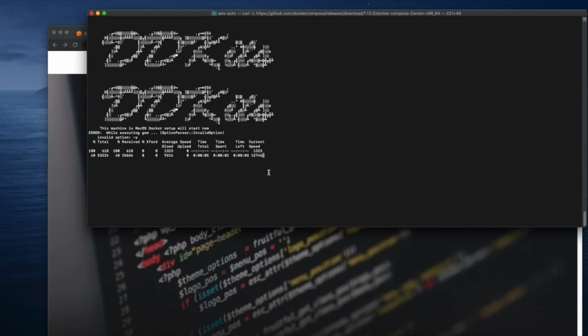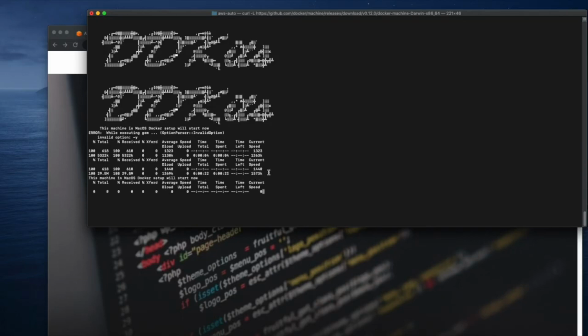Now it's checking for all the dependencies needed for Docker Machine and Docker Compose. It pulls them all and makes sure they're already installed with the same version that you have as Docker. And after we make sure of that, it's going to install for us the ddkits container, which is the proxy that we're going to depend on for our local environment,